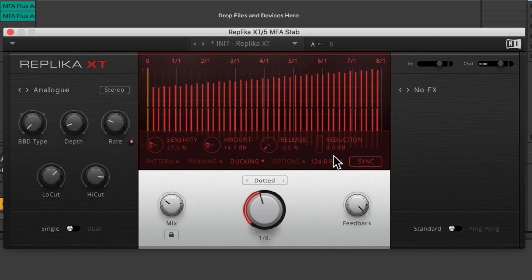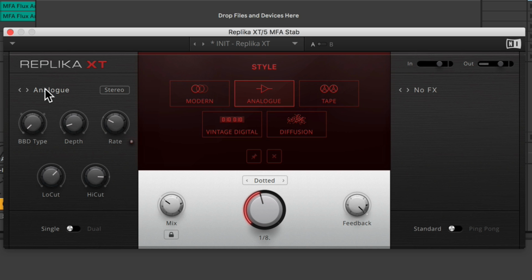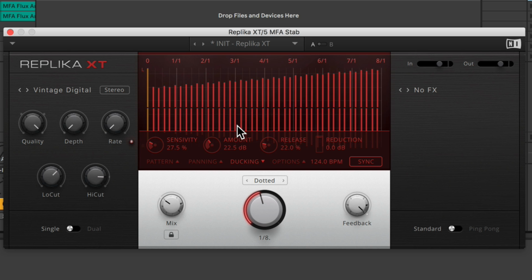The swing or shuffle amount in particular allows me to really place the delay line in the pocket with the other rhythmic programming in a production. So now I'll switch to the vintage digital mode as I continue to play with the ducking options, which with the super high feedback,